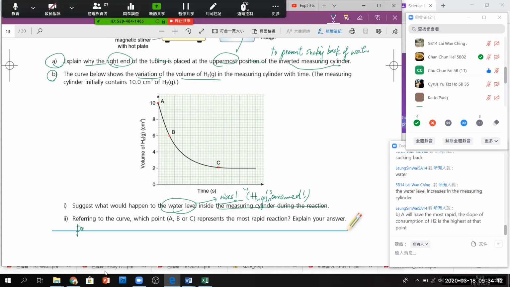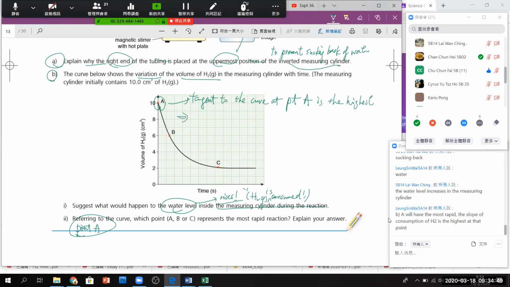It's point A. Why? The slope of the consumption of hydrogen is the highest at that point. So you are going to tell the slope. Slope of what? Slope of this curve, right? So this is one way to answer. Or if you want, you can say the tangent to the curve at point A is the highest,